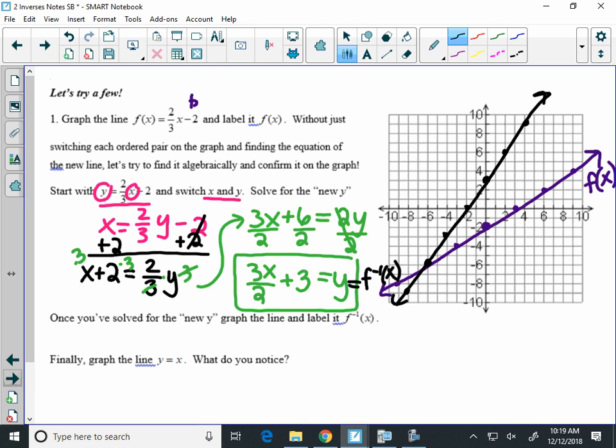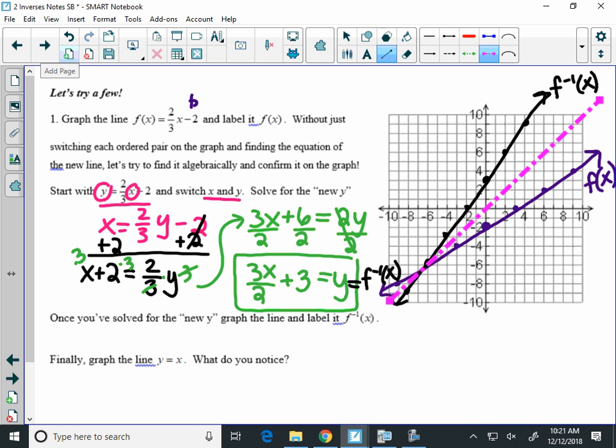That line I just graphed, we're going to label as f inverse of x. Now you should notice that those graphs look kind of symmetric. We're going to graph the line y equals x. And y equals x, I'm going to graph it here. That is the line that goes right through,